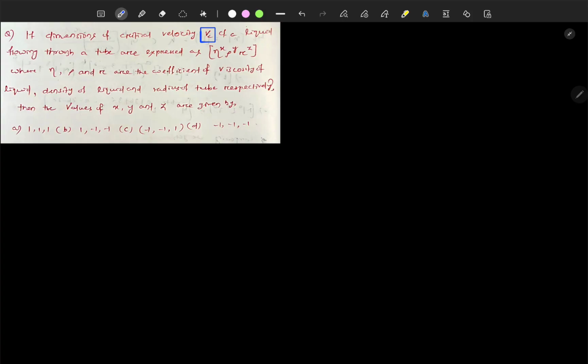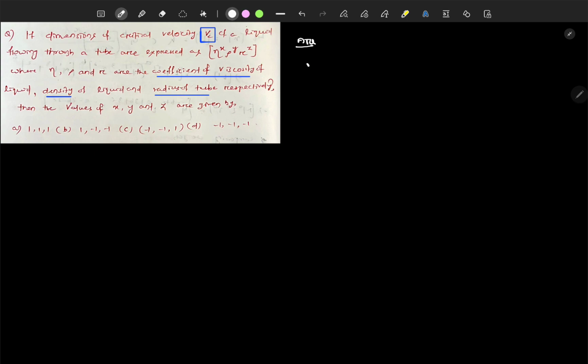Critical velocity of liquid flowing through a tube is expressed as eta to the power x, rho to the power y, and r to the power z, where eta, rho, and r are the coefficient of viscosity of the liquid, the density, and the radius of the tube respectively. So find the value of x, y, and z as per the given formula. That means as per the given question,